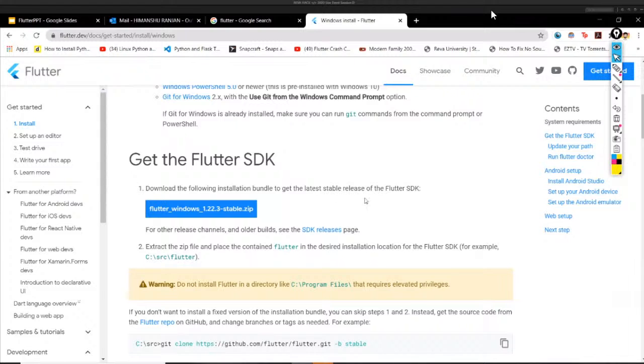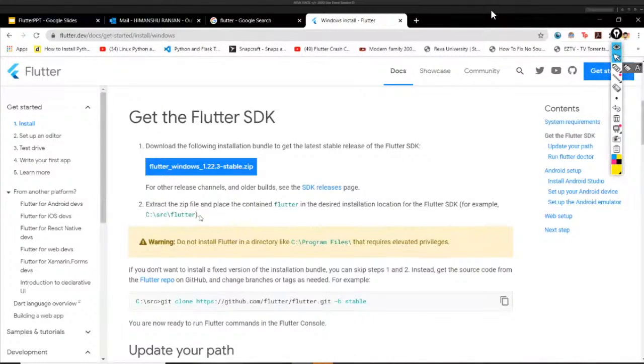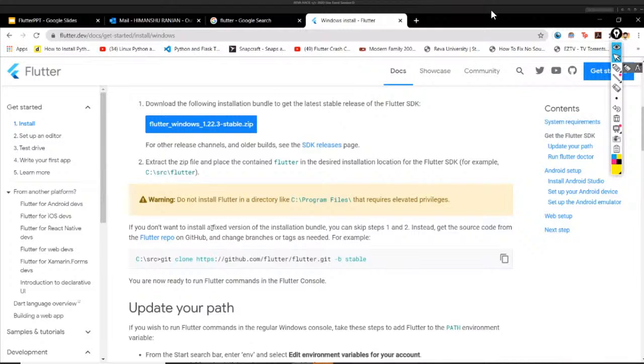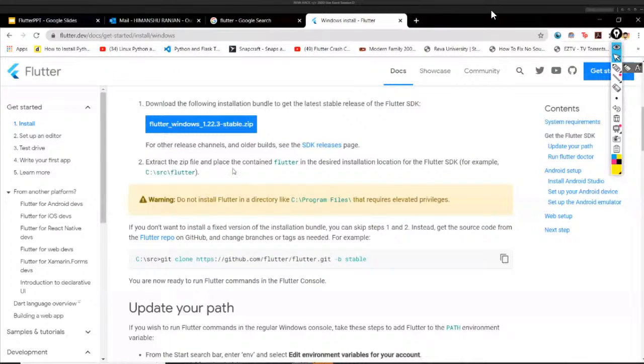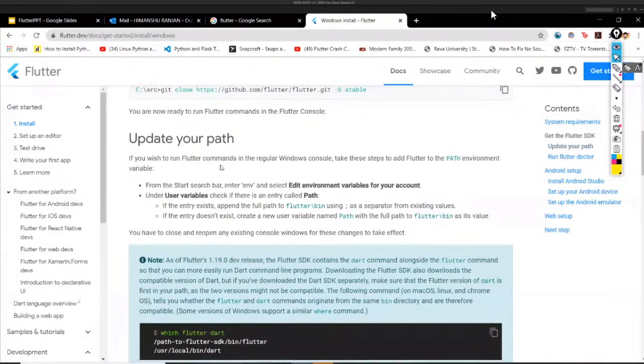Then what you have to do in the first step is install the Flutter Windows zip. After downloading this zip file, you have to extract it in your core drive, maybe C drive, that's default for everyone. After this step, you have to open the extracted folder, go to the bin folder, and then copy the location of the bin folder. And then go back to Windows,